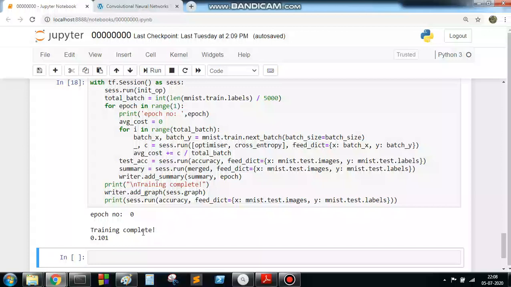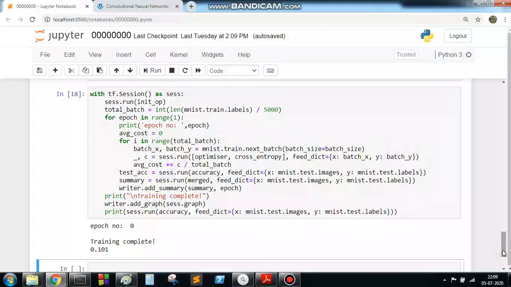Anyhow, we are not going to improve accuracy here, because we are only doing it to show you how things actually work. If you want to increase the accuracy, we can increase the epoch count to 10, and the batch size to somewhere around 50 to 60 or 120.